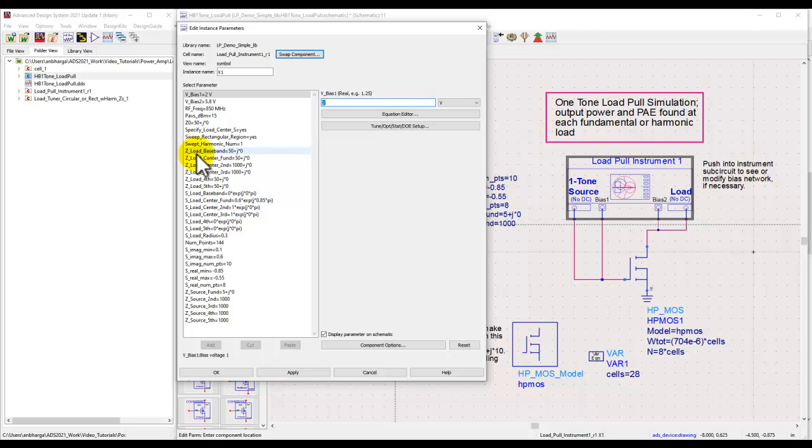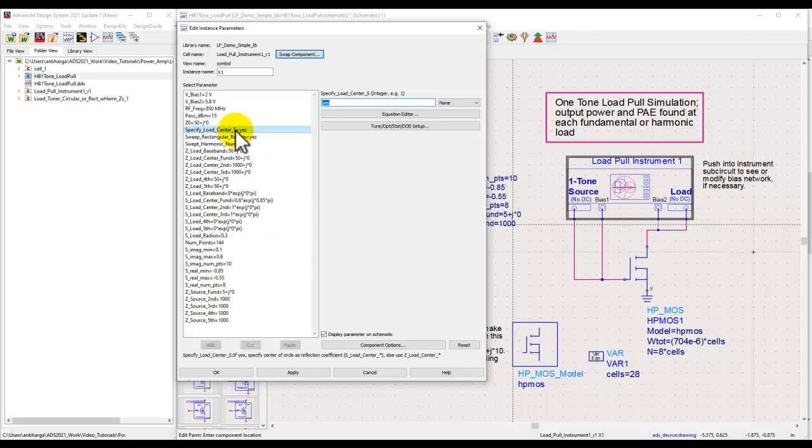Coefficient format. Some of you might prefer working with Z, and accordingly we need to do this setup. You can set your V bias 1, which is basically gate voltage, V bias 2, which is drain voltage, set your frequency, select the input source power which you would like to feed at the gate of this transistor, and select the characteristic impedance. Now, after that,